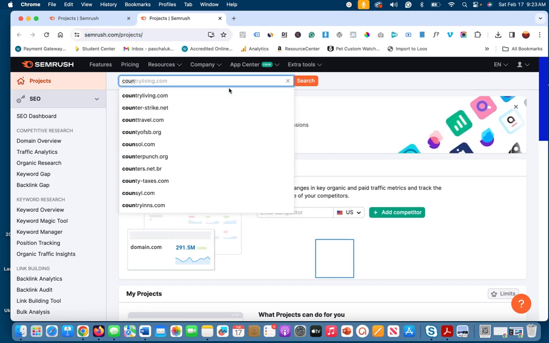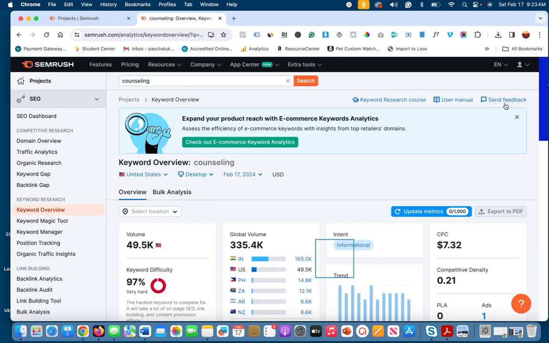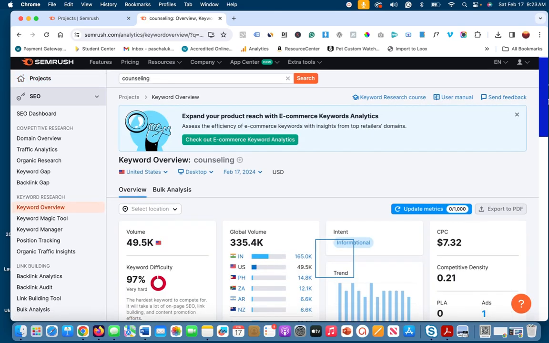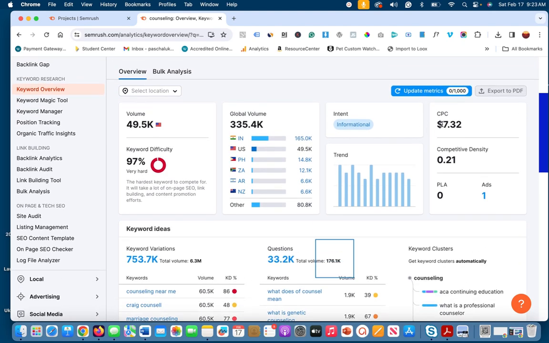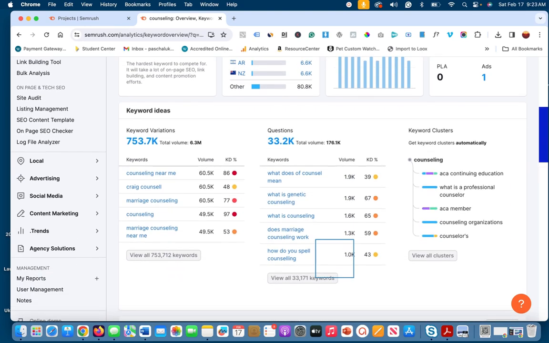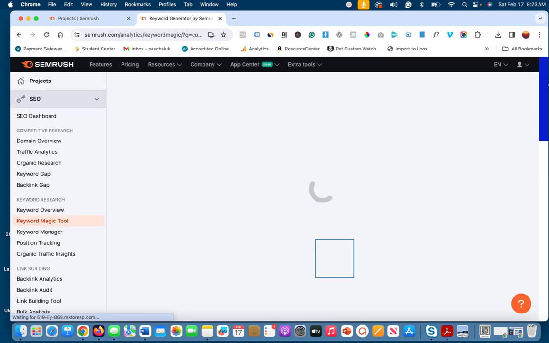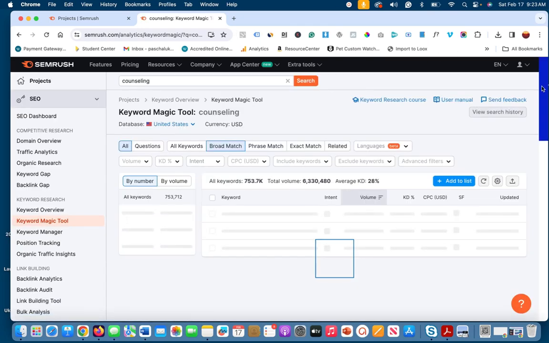It's semrush.com, and you put in counseling, and it's going to give you different options, right? You can see a CPC for Semrush is about $7.92. That's high. And then you go underneath, you can click on it, and it's going to show you all the different